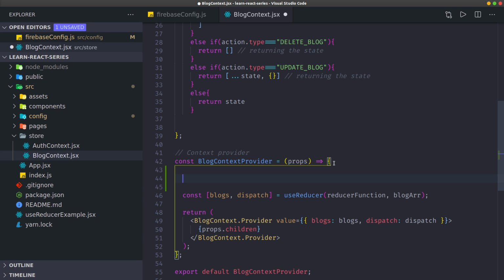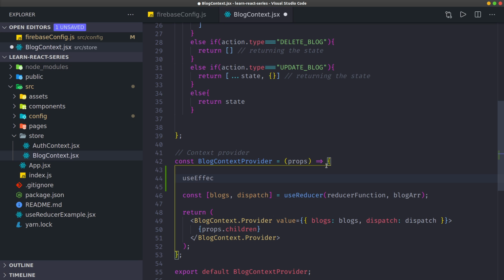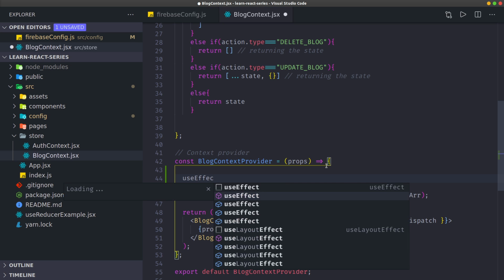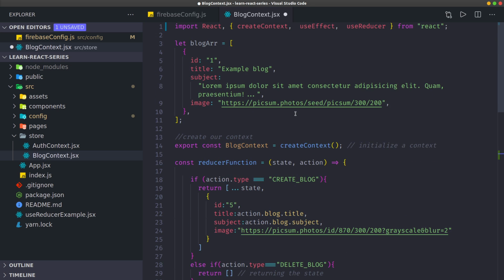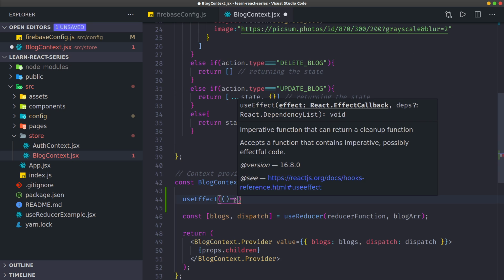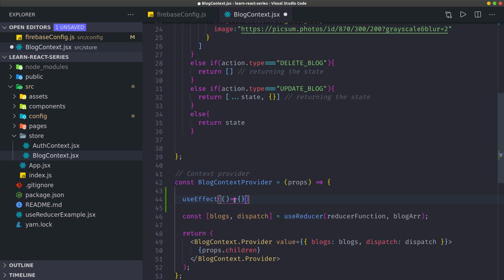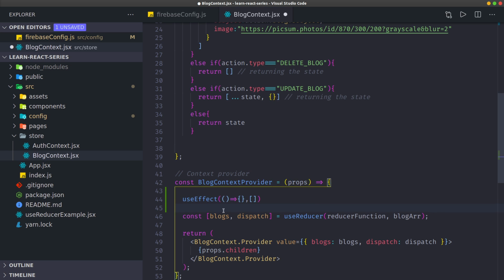I will say I want to use the effect hook. Hopefully it has come in from the import, yeah, it's okay, it has come in. Then of course useEffect. Remember, it takes in a callback function like that, and it also takes in an array of dependencies. So I'm going to go ahead and, inside my callback function,